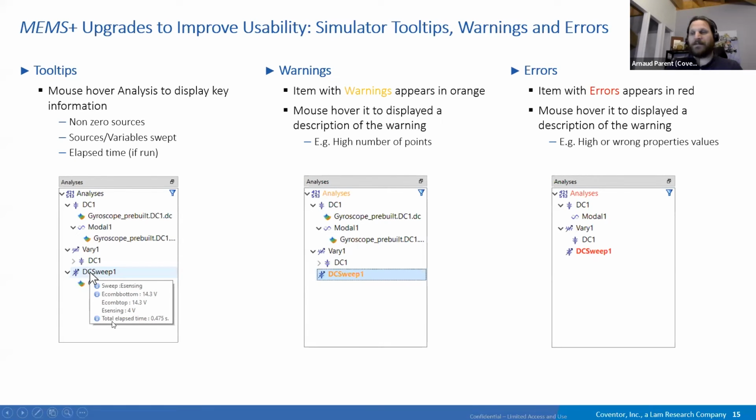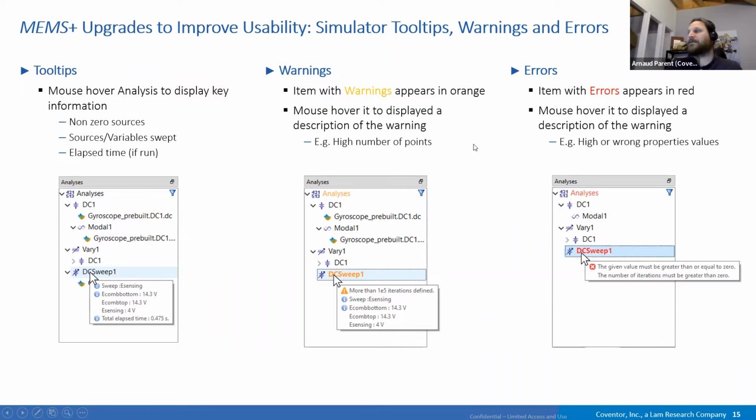And if the analysis has been run, you will see also the total elapsed time, so the simulation time. We introduce also warnings, so you might see an item in orange, and if you hover with your mouse on the item, you will see a warning. Here the warning is for the DC sweep, we ask for more than 25, so 100,000 iterations. It's a lot, simulation might be very long, but it's just a warning. You can ignore the warning and run the analysis anyway if you want.